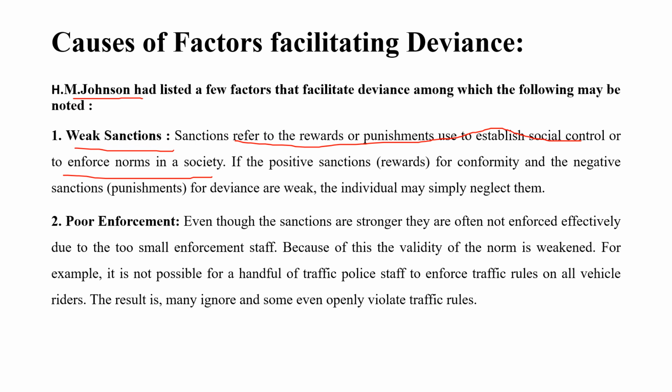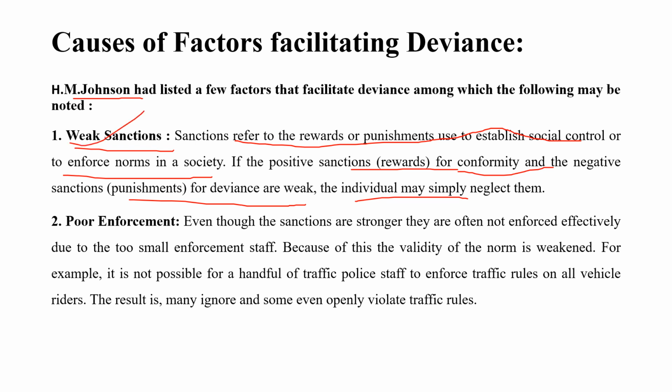If you're conforming to the normative system, then obviously you are rewarded. If you're not conforming, then obviously you will get punishment, right? An individual might throw you out of the group. So let's just say intercaste marriages. A lot of couples want to do intercaste marriages, and they run away, and they get police protection, they get the legal confirmation, but society is not ready to allow them. Then they might be outcast. They might be thrown out of the society. So that's actually what it does. So the behavior is a deviant behavior. It is because of the weaker sanctions.